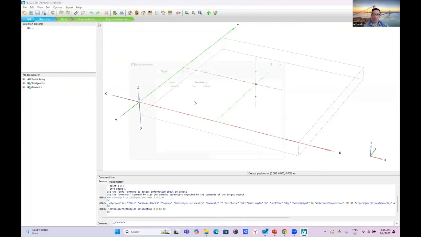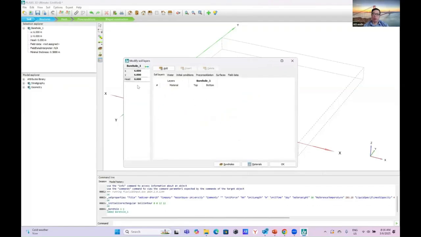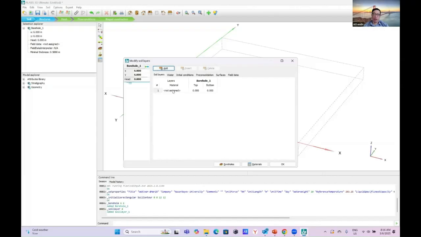When you click, it will give you these particular features. Then you need to modify the soil layer. In here, you don't have anything, so you need to click add. When you click add, you need to assign, but actually at the moment it is none. So that's why you need to click the add plus, to add a soil layer.